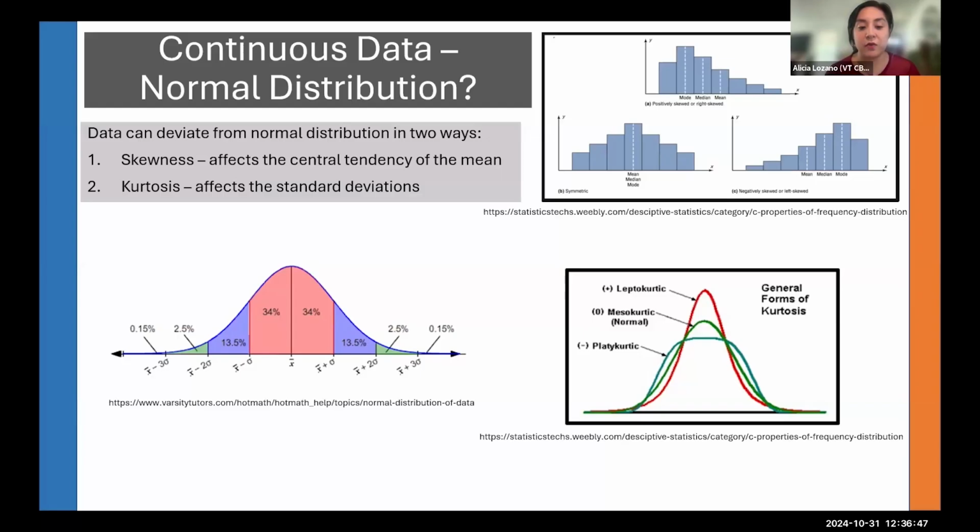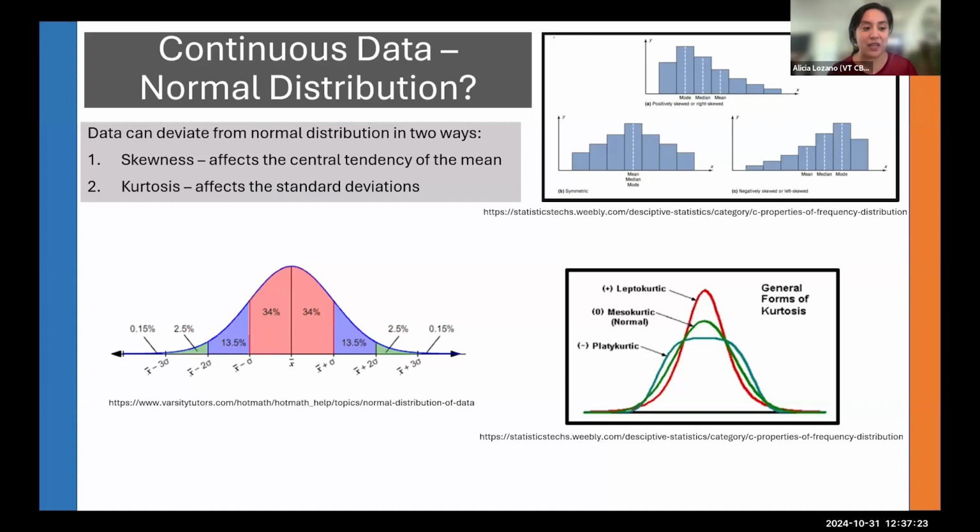Kurtosis, of course, affects the spread of your data because it changes how your values are dispersed around the mean, right? Recognizing skewness and kurtosis really helps us understand our data better, which also helps us choose the most appropriate statistical methods for analysis. If your data deviates significantly from normality, that would mean you would require transformation or the use of non-parametric statistical approaches, which I know in practice, and I have seen this time and time again,